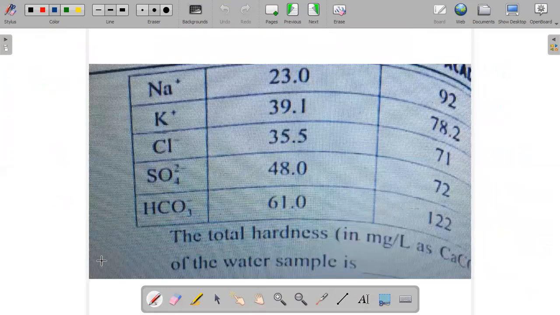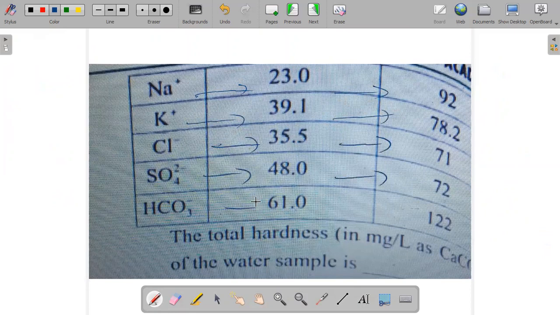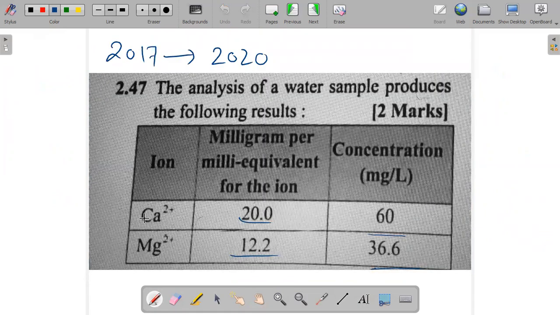And for Na plus, we have given these data, for K plus, similarly for Cl minus, SO4 2 minus, HCO3 minus, and we need to find total hardness. So it's very simple, we already know that total hardness is due to Ca2 plus and Mg2 plus. So there is a concentration 60 divided by its milliequivalent, which is already given, 20,